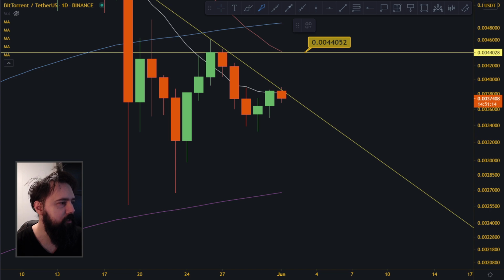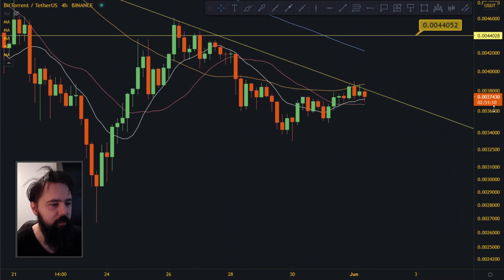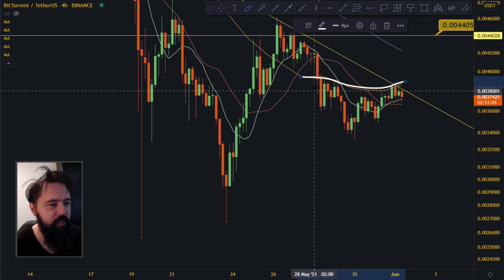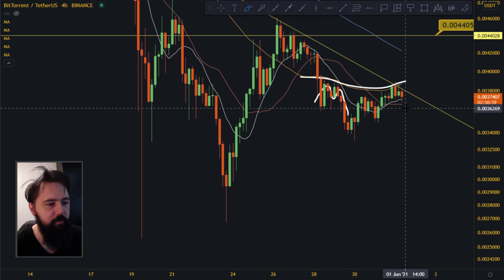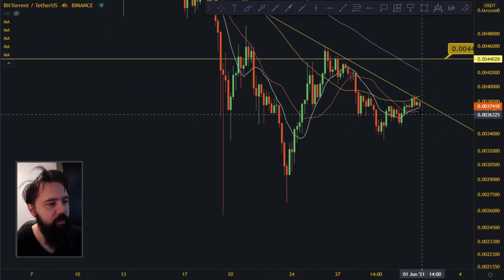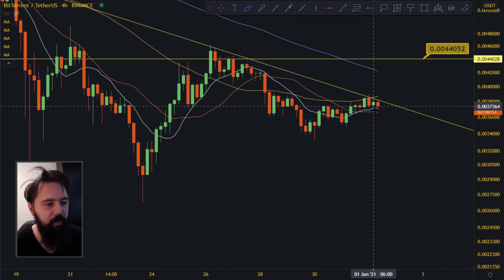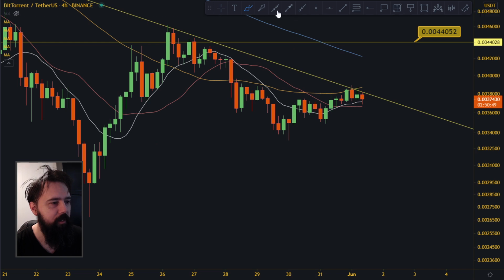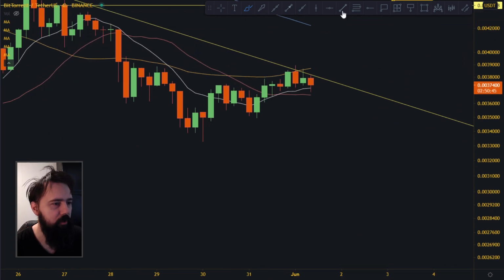So let's go to the smaller time frames and just see what's happening right now. Will this actually be able to do it? You can see here that we managed to climb on the moving averages right now, but this 50 moving average is giving us resistance as well over here. We are so close to breaking this trend line that right now it can go literally any way. So we've got to see that. What I'm looking at now is a 4-hourly time frame.